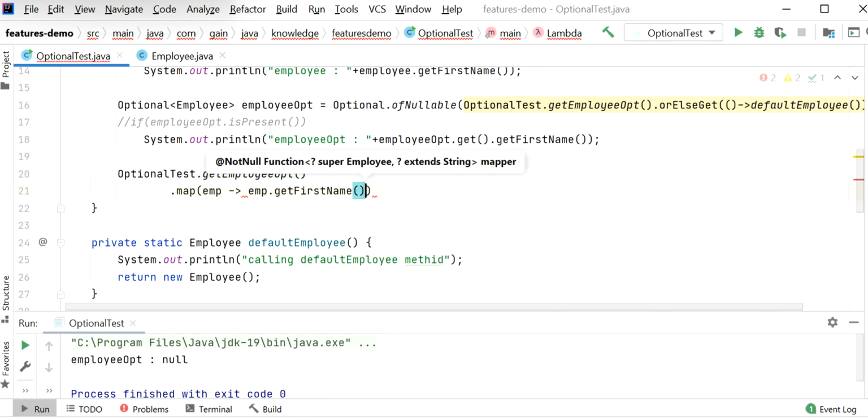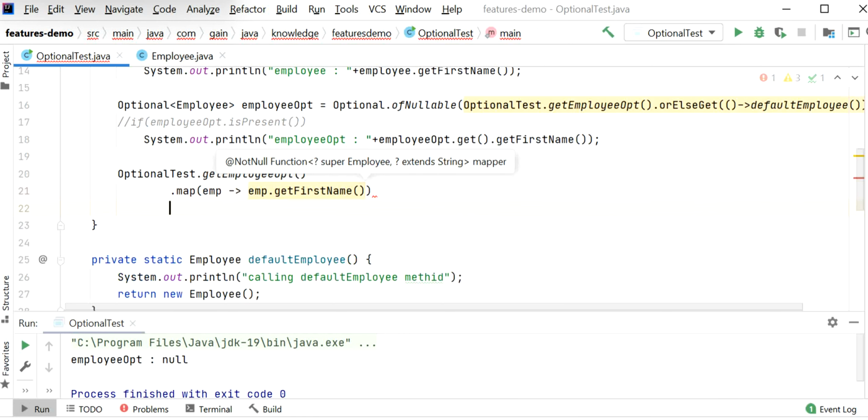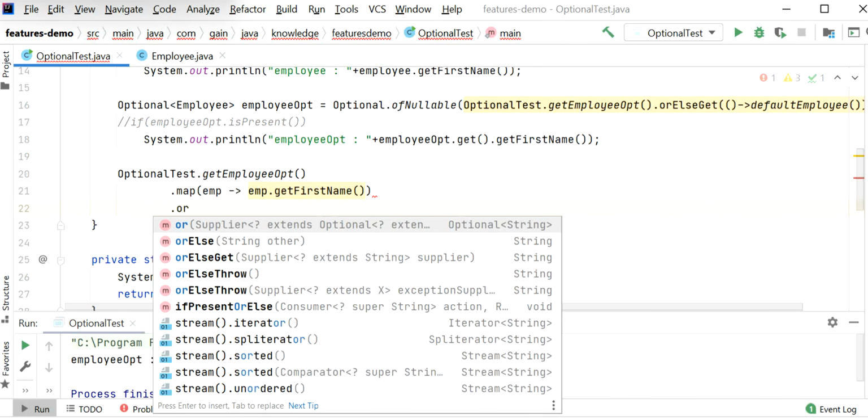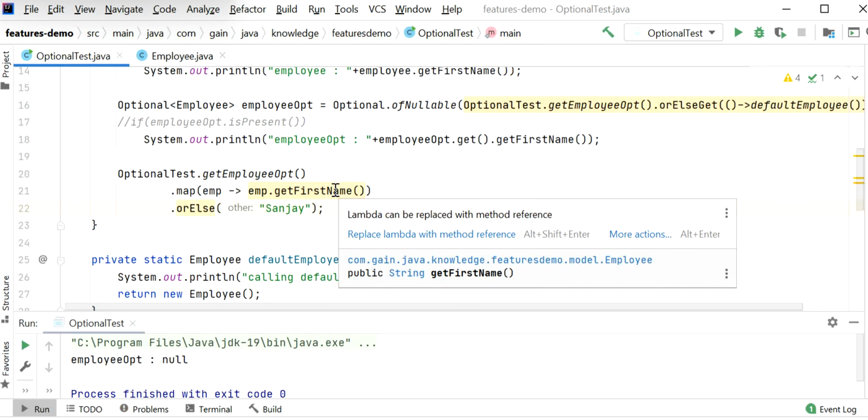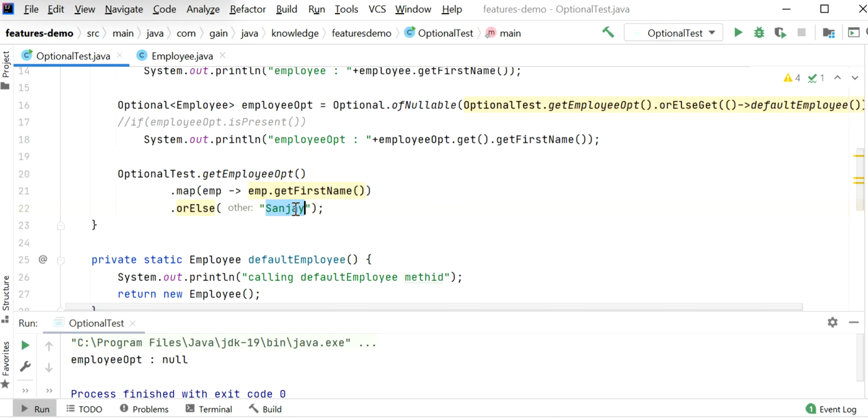If the first name is null, in that case I will return some default value, orElse Sanjay. So in that case we will get Sanjay. If we are getting first name as null from employee, we will return the default value.